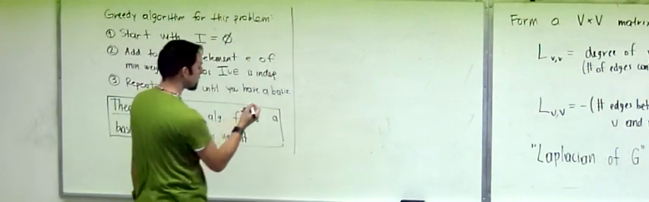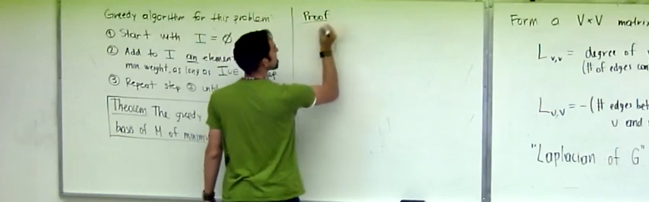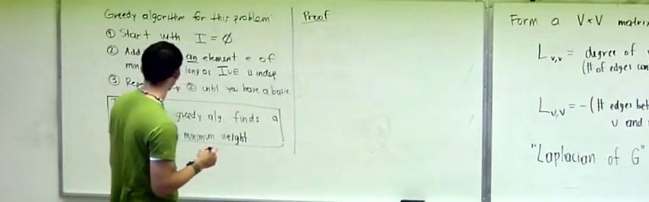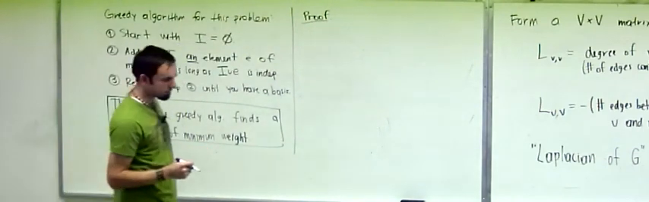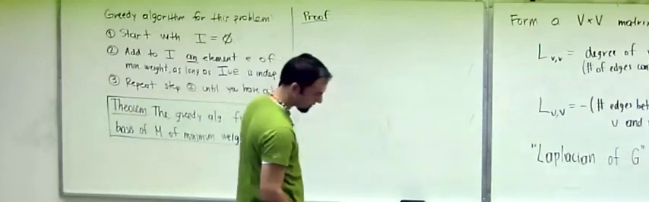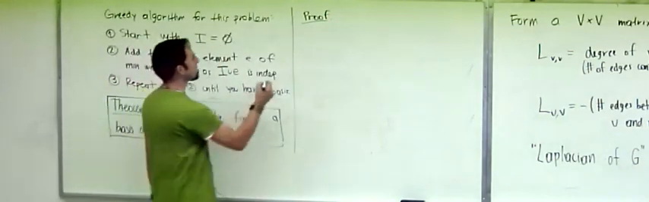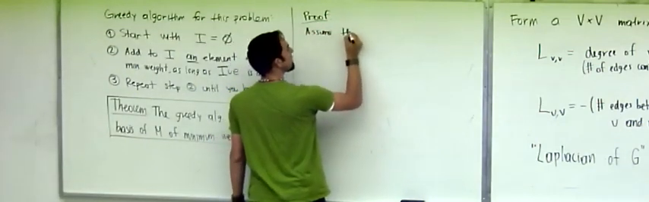Okay, so let's go ahead and prove this. How are we going to prove it? We're going to prove it by contradiction. So assume that the greedy algorithm